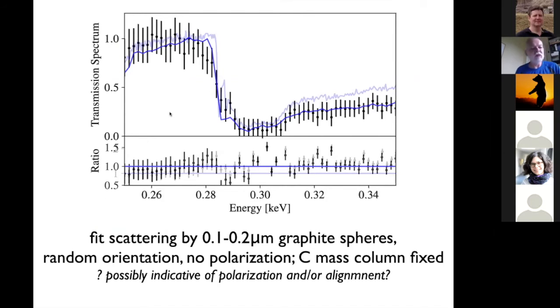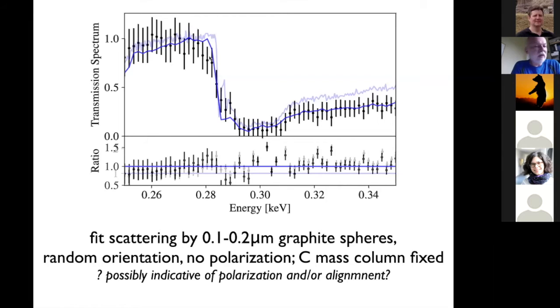And over here, I've superimposed two pictures on each other. One of them, in faint blue, is the one that I showed you earlier. That's the pure response of the instrument. The data points are shown over here. And as you include this scattering effect, you can see that this edge starts to round away. And so this here was calculated by John using just simply randomly oriented particles and no particular polarization for the